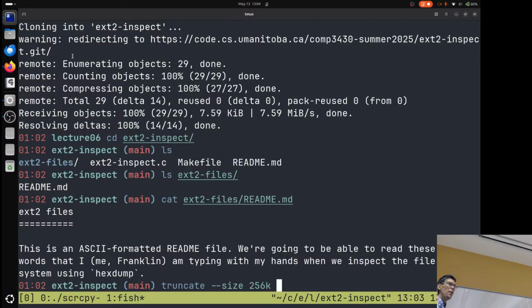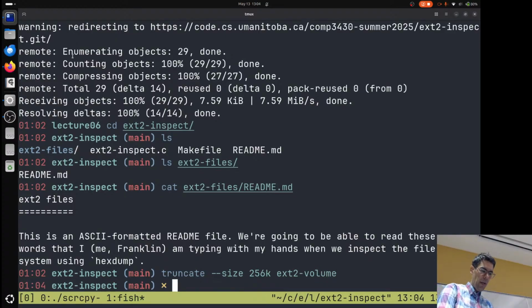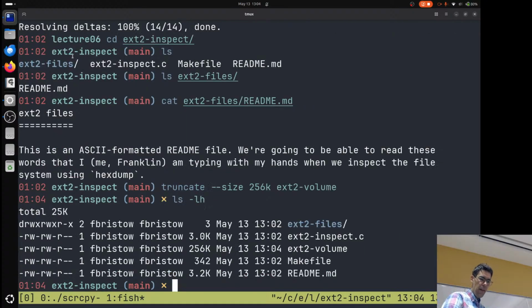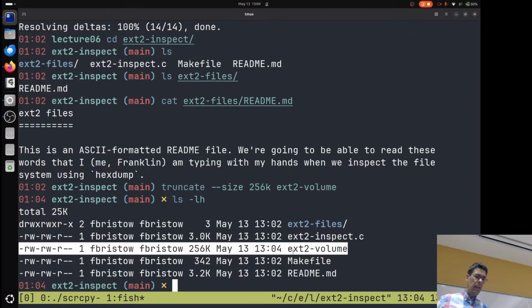This is pretty small. This is smaller than the smallest floppy disks, but it is small so that we can start to actually take a look at the content of this thing. I'm going to call this file that I'm making ext2 volume. I'm going to hit enter on my keyboard. And what I'm going to have now, if I do ls -lh, is I've got this ext2 volume file here